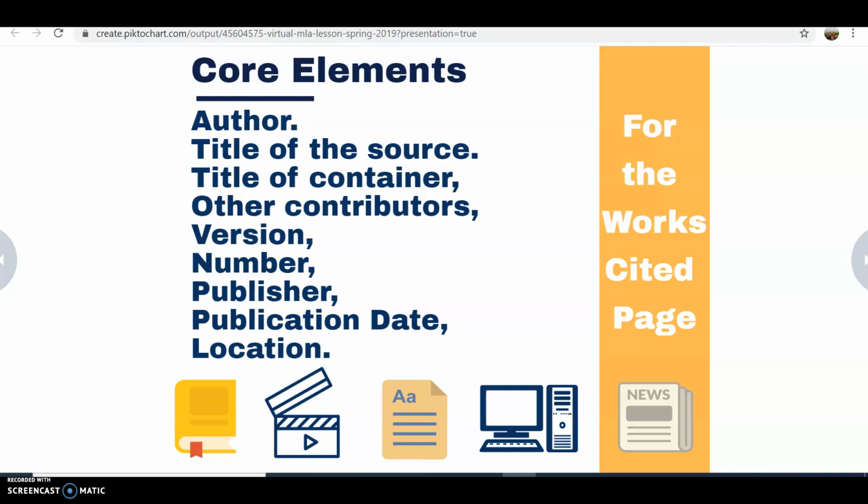For example, if you're looking at a website and you can't figure out when it was last updated or published, then you would skip that information. If you couldn't figure out who the author was, you would skip that information. So you just need to include the information you have access to for this part of your paper,